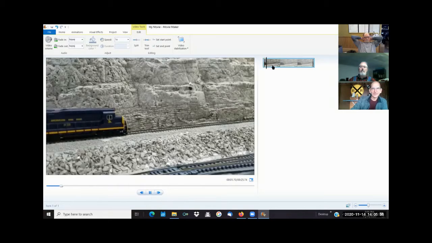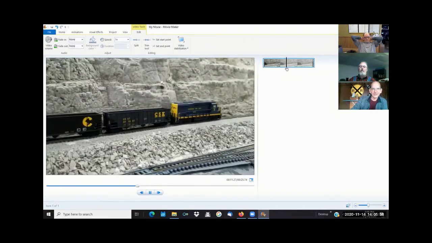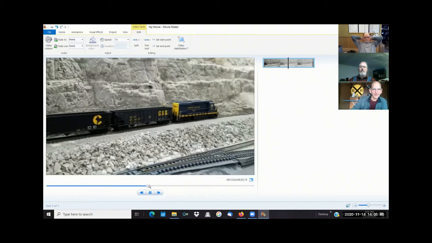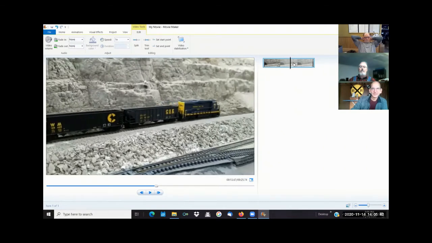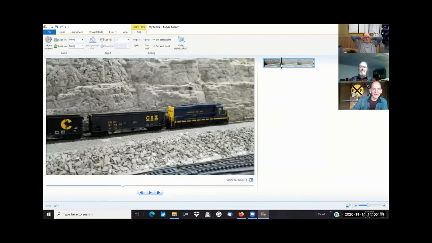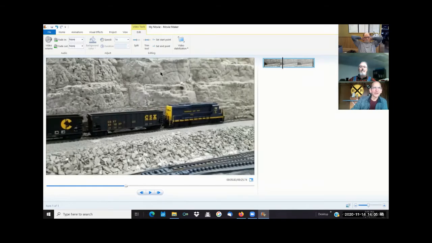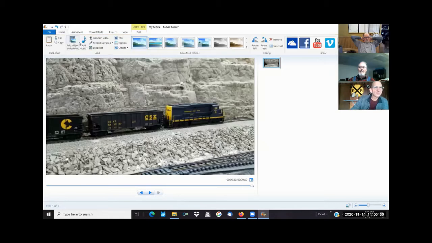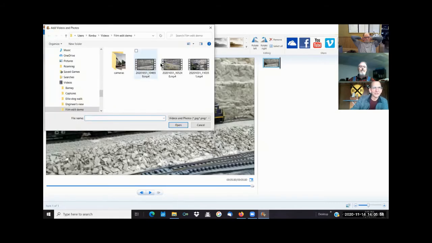And then if I bring it through and I say, I think I want to end the clip right about there, let's pause it. Let's make it, things are going out of focus. We'll put it right about there, and we'll say set the end point. And I now have this little piece. So I've cut off the boring beginning and the boring end. If I go back and I add my other 2,